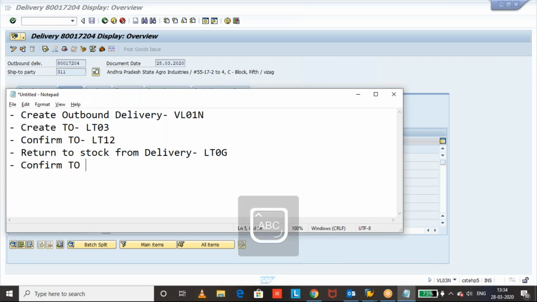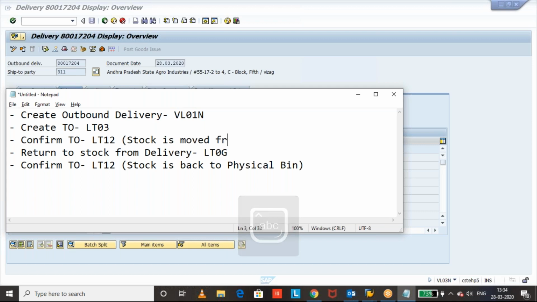Then confirm the TO, because an open TO is also created, right? LT12. Here what happened? Stock is moved from the 916 bin back to the physical bin. Here the bin is the delivery number.